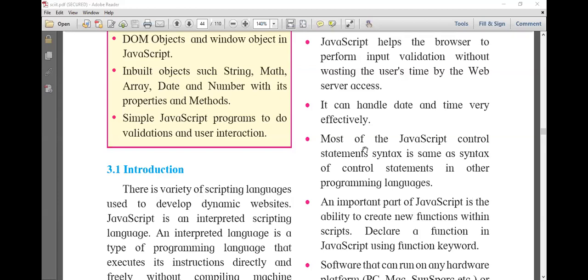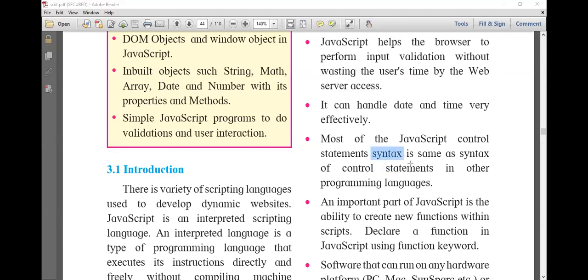So here it is considered that JavaScript has a control syntax. JavaScript has such a syntax by studying which we can learn other scripting or programming languages easily. Okay, so here we have to highlight syntax.